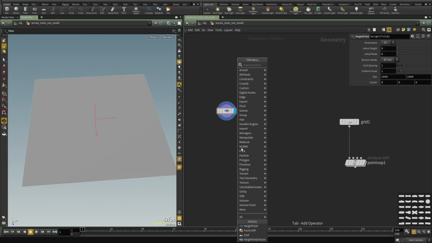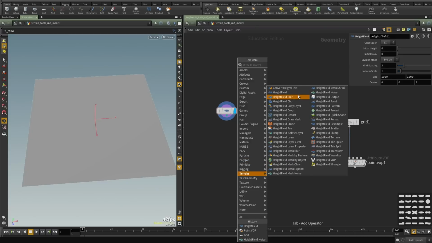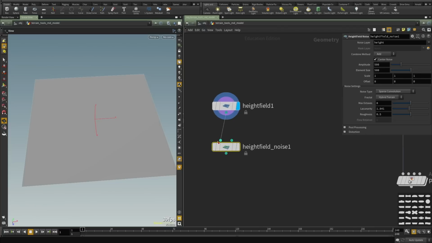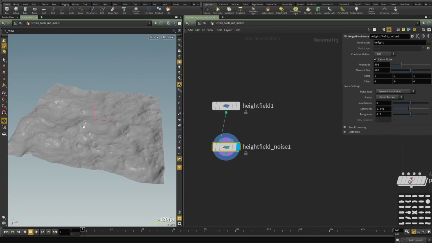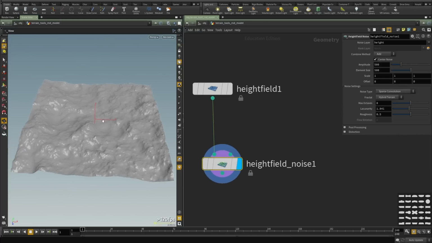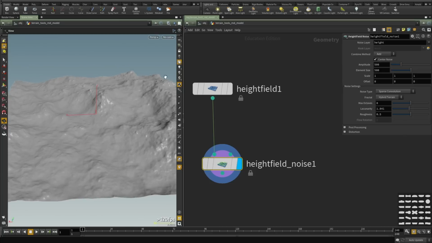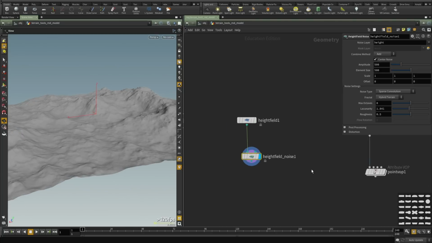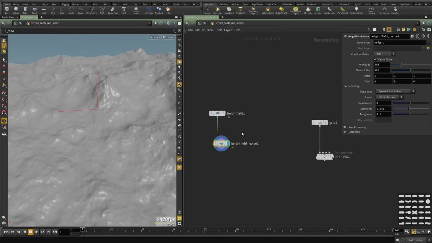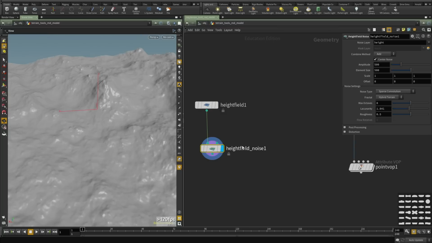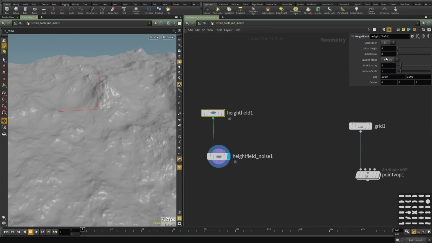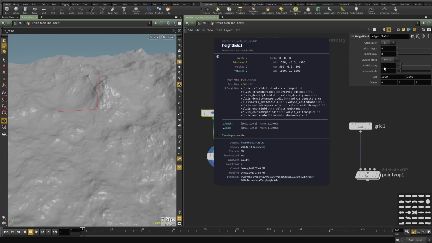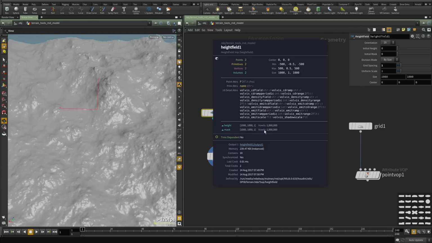Now let's create a second node, which is called a height field noise, and this comes by default with the height field. You can see we just added the node, and it basically started deforming the grid for us, deforming the height field. This is great. It's looking cool. Let's take a look. We have 500 by 500. Let's increase the spacing. The grid spacing here is basically the voxel size, and the smaller the voxel, the more details we're going to get in this field. And so now we have 1,000 by 1,000